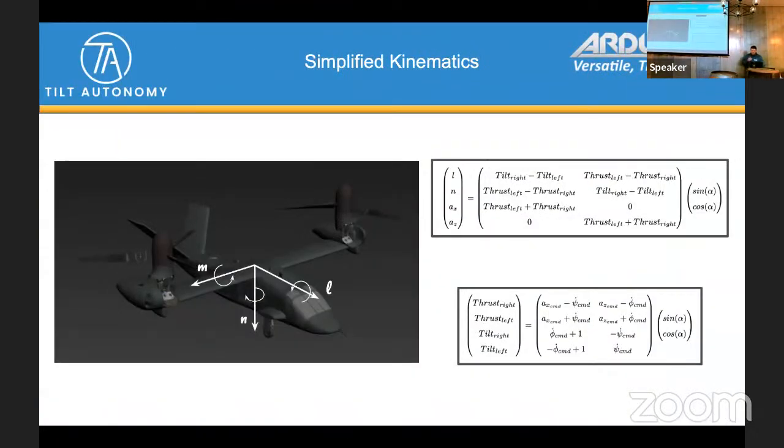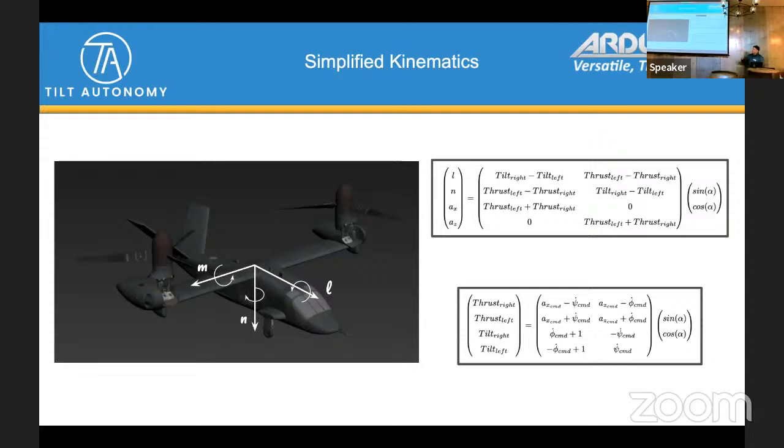Okay. So some of the findings I found were the kinematics that this type of vehicle requires, as you would expect, a handful of mixers. As you tilt the tilt rotors forward, what was roll turns into yaw, and what was yaw turns into roll. Some of that is in the tilt rotor code in ArduPilot as it stands now, but not all of it, and it's not all complete. And so I basically configured it to the max extent that I possibly could, and then added in some of my own, which I'll talk about.